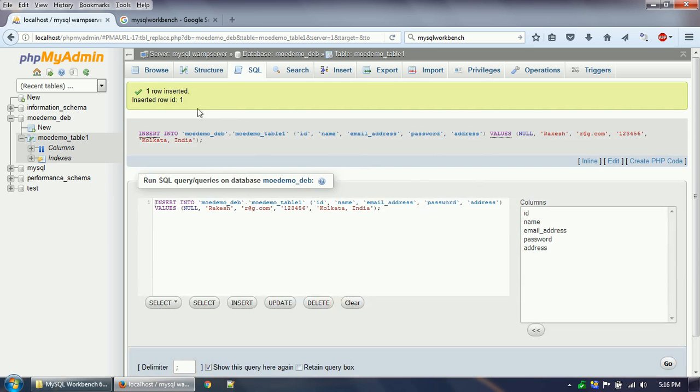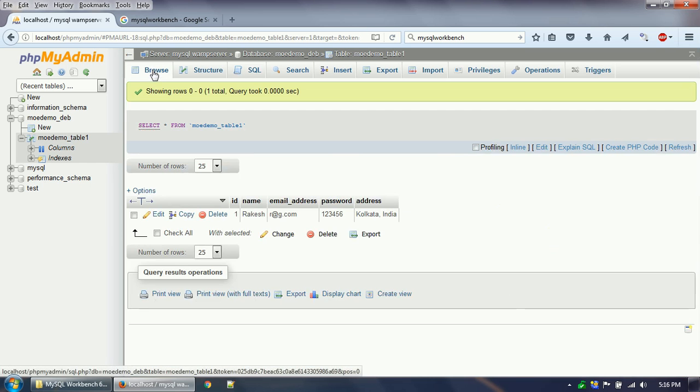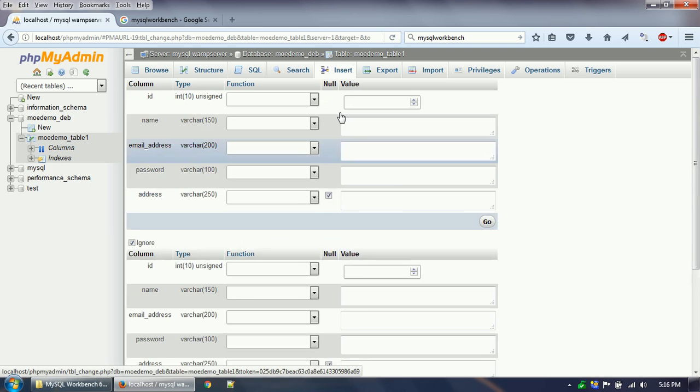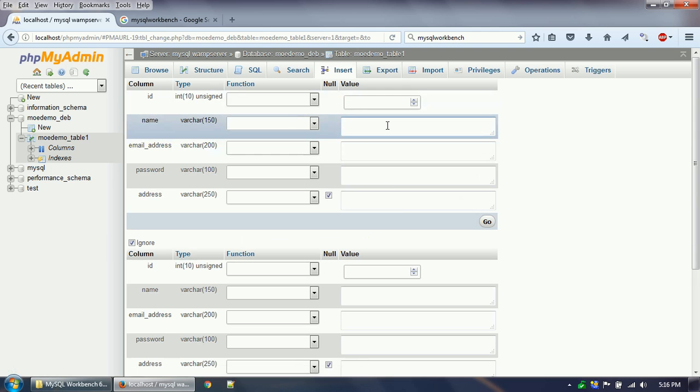So one row is inserted. If you browse the data, you see the data over here. Okay, and if you want to insert one more row, you can do it here also. Let's say Amit is the name and a@g.com. Okay, and the password is again 1234, and address is, let's say, Mumbai,